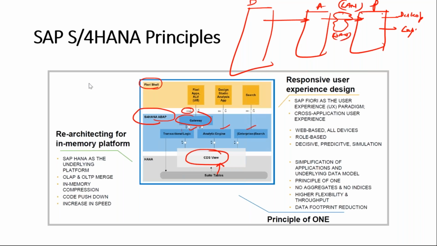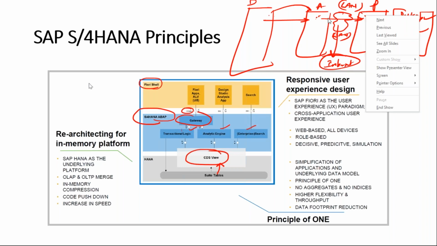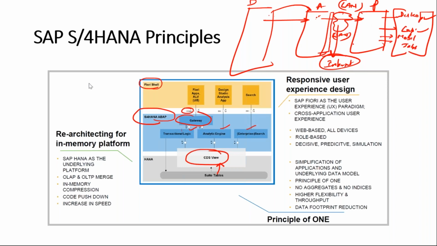Now the number of devices has extended beyond laptop and desktop to mobiles and tabs. All your mobile devices have been integrated. The communication from database to application happens the way it does because it's all on the in-memory side, since your application and database are closely integrated. Now this has been replaced with the internet. When the internet replaces a local area network or a WAN, it has to carry the information from your application data to your presentation layer. That is where they have something called an OData service.